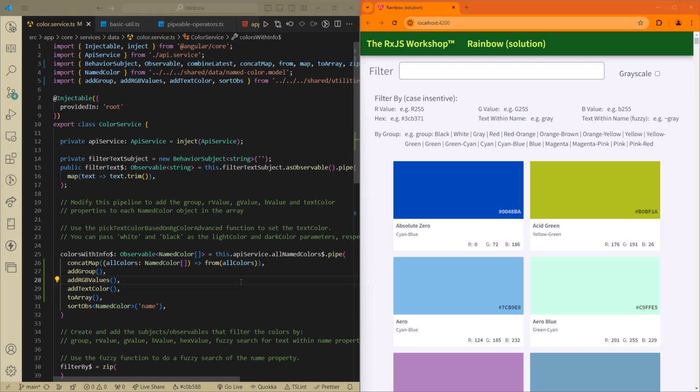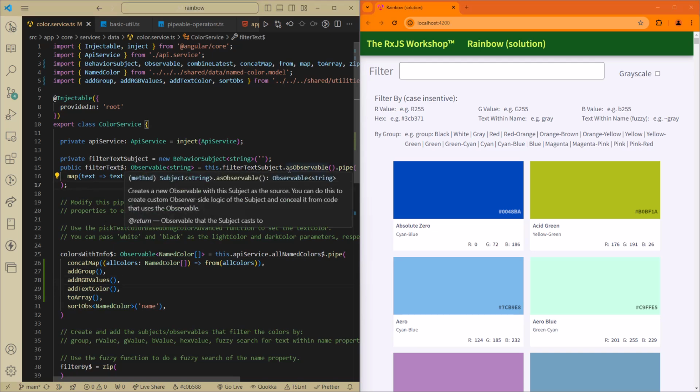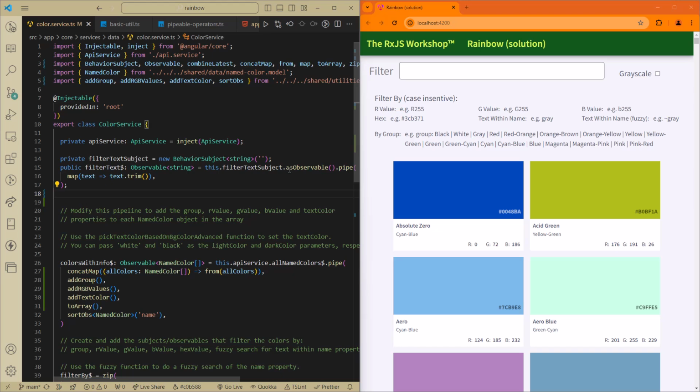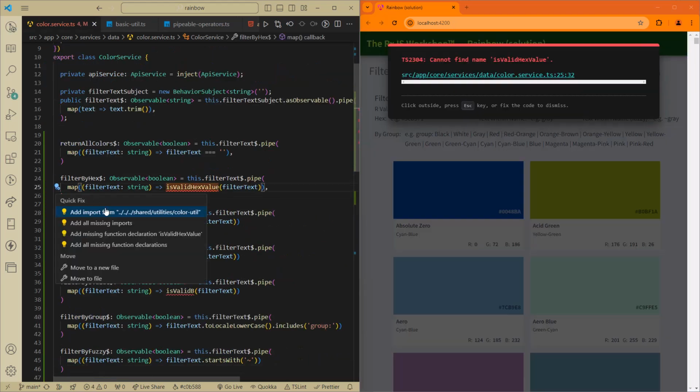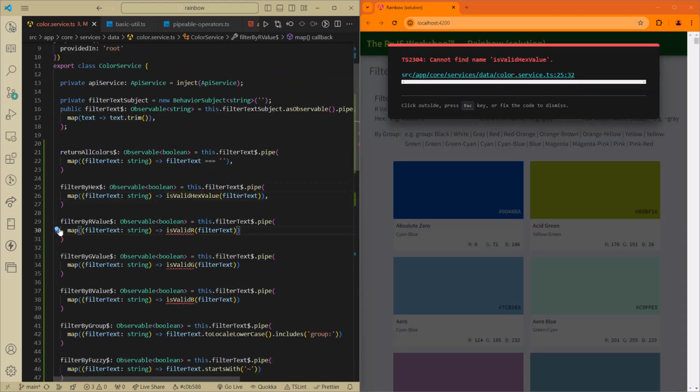And again, you could have coded this differently. You could have used your own mapping operators to go about this, and that would not have been incorrect. And again, there's no right or wrong answer as long as we fulfill the requirement as outlined. So now let's move on to the filtering requirement. Once again, I'm going to paste in part of my solution for the filtering process, and I'll talk you through this as well. First, I'll import